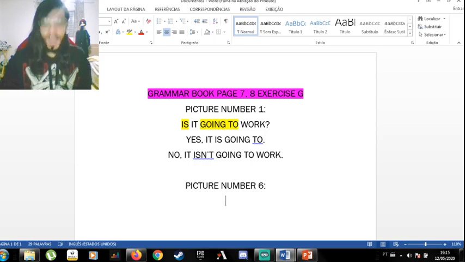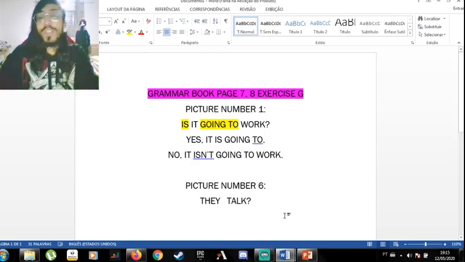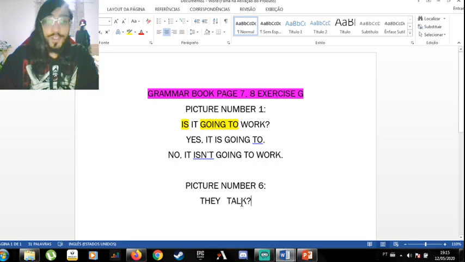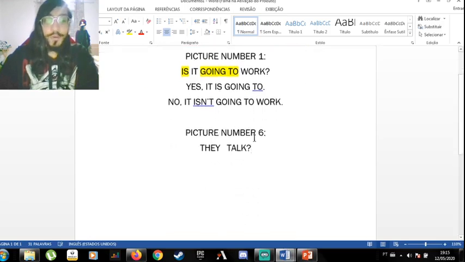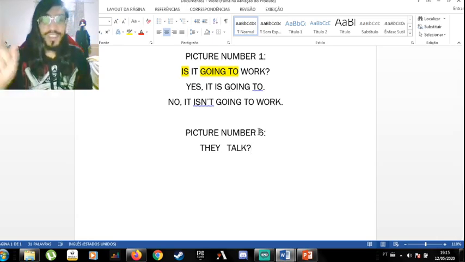So, guys, here we have they and the action talk. So we have to complete this question using the going to, okay? So what can we do here? In picture number 6, there are 4 people there, okay? There are 4 people, 4 teenagers, and they are talking, okay? It's this picture I'm talking about, okay? So the question we have to do here is this one. Look,